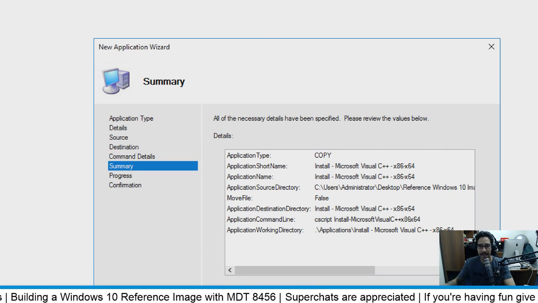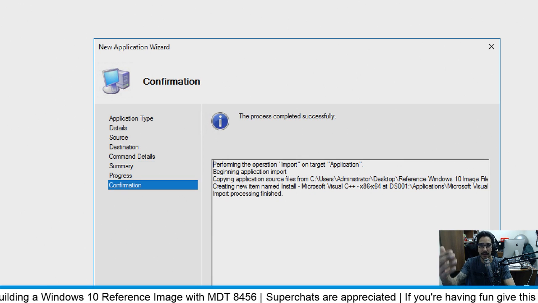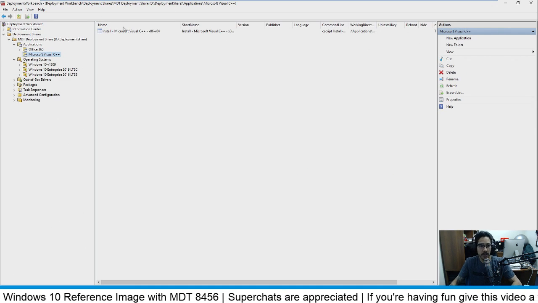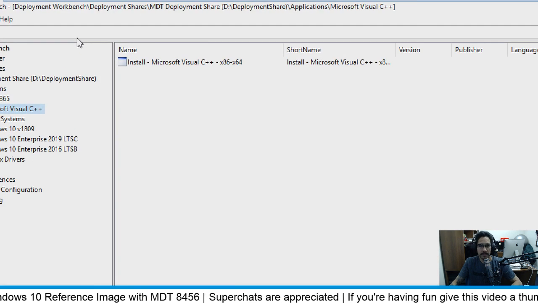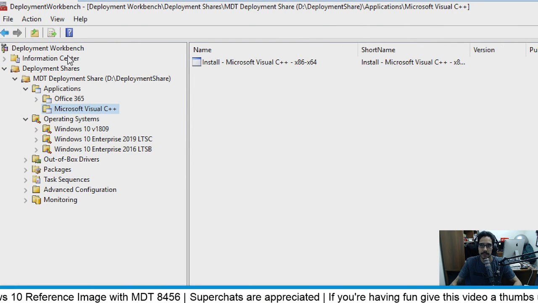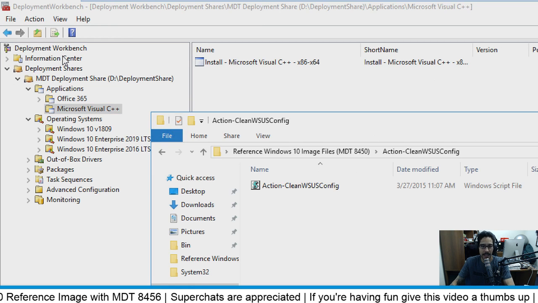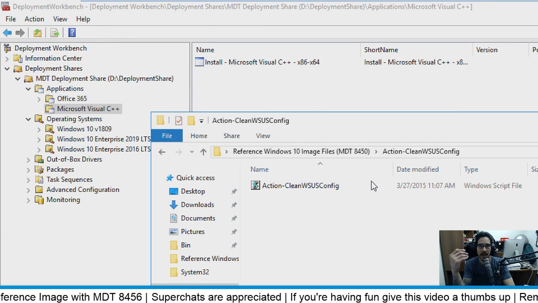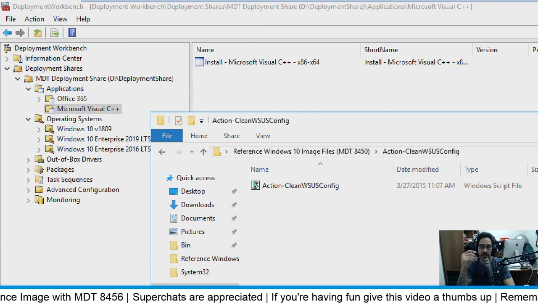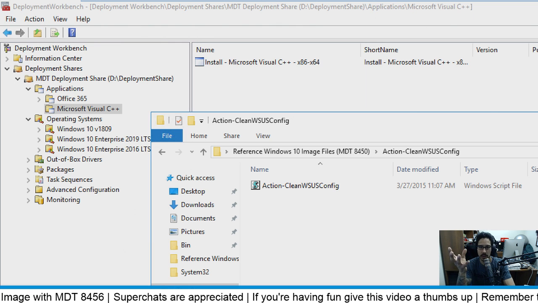Next thing, you're going to hit next. Nice little summary. Next again, progress, completed, you're done. And then you're going to see your new app, which is right here. Done. Okay. Next thing that we need to do is, again, Johan, within his deployment research article, within Johan's article,